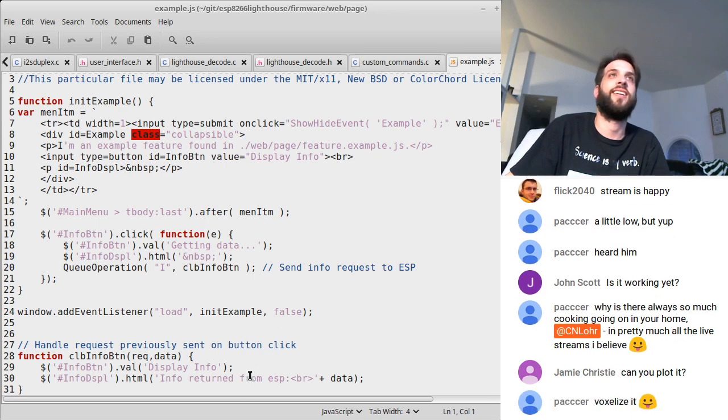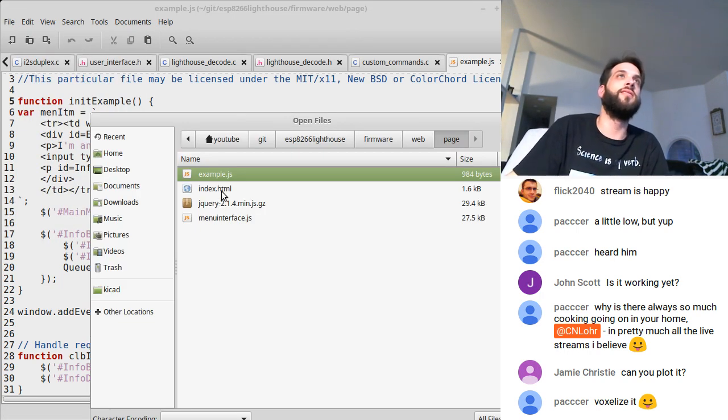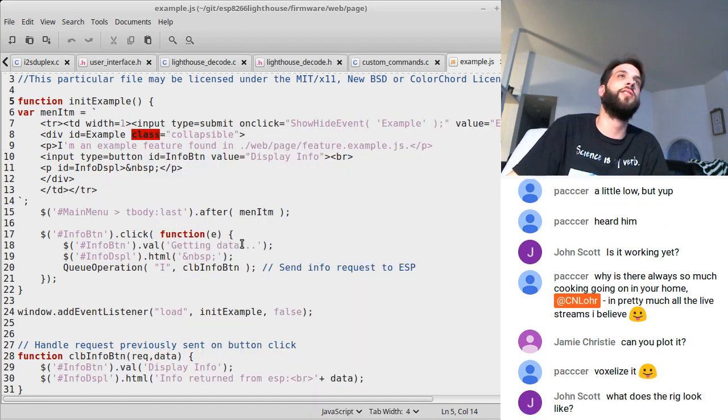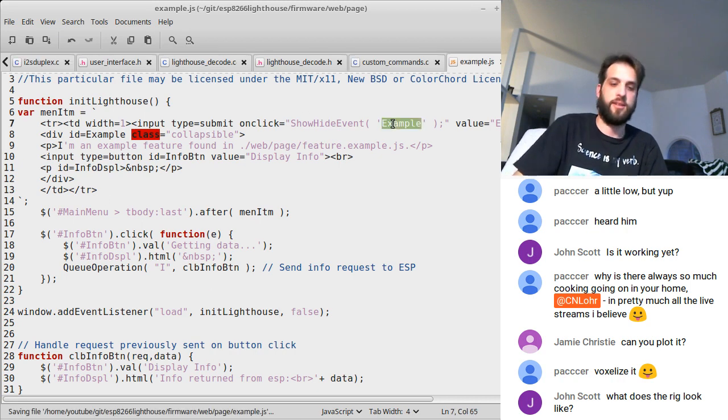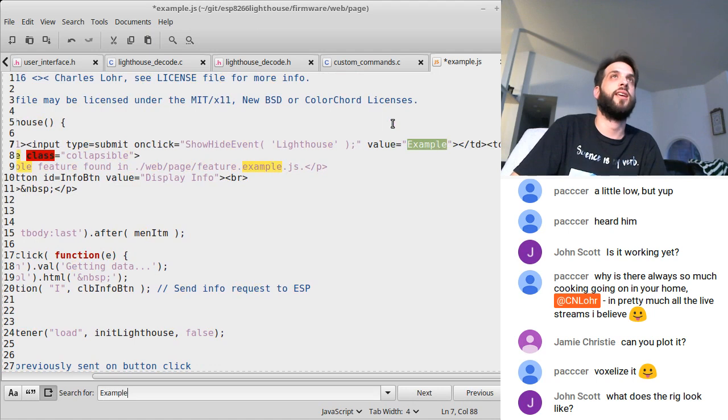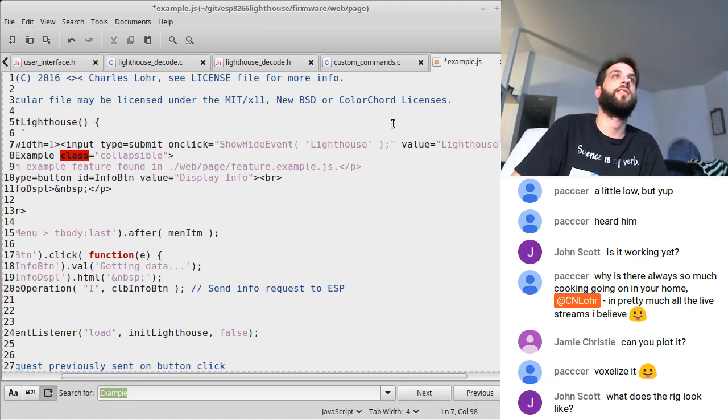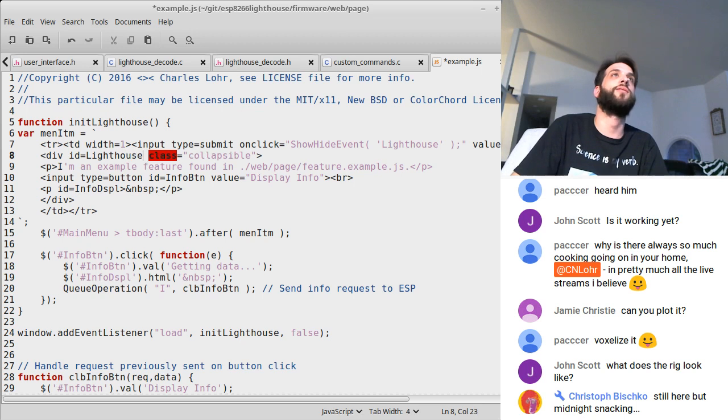Okay. Oh, I don't know if I need to voxelize it. So instead of calling this example, actually, where does init example come from? Oh, it comes from there. So I can just change that name. Init lighthouse. Unload init lighthouse. Lighthouse. Example. Lighthouse. Let's, instead of doing that, click this